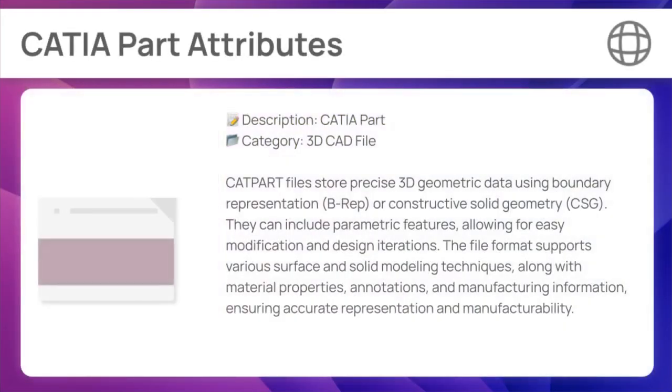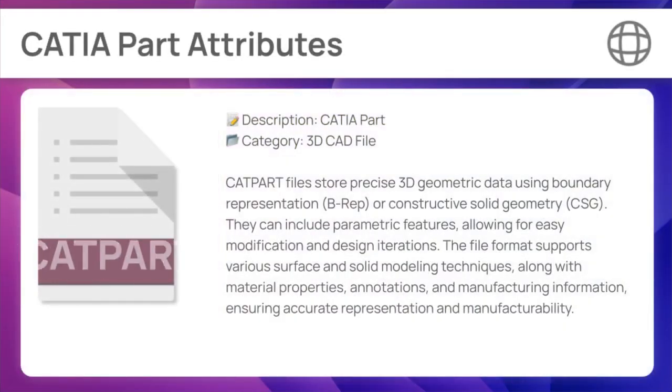CATPART files store precise 3D geometric data using boundary representation, BREP, or constructive solid geometry, CSG. They can include parametric features, allowing for easy modification and design iterations. The file format supports various surface and solid modeling techniques, along with material properties, annotations, and manufacturing information, ensuring accurate